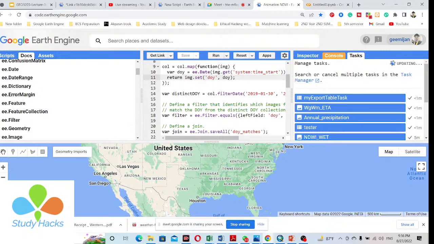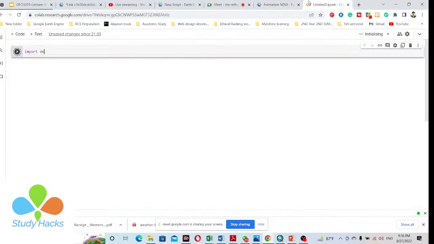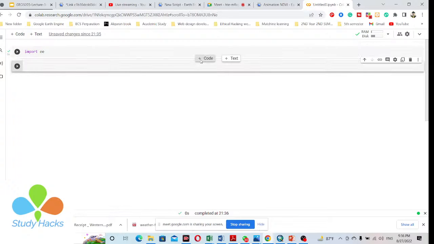When you want to learn all of the things about the docs tab or documentation functions of Earth Engine, then you can easily move to Python and work with Python for different types of deep learning and machine learning using the Google Earth Engine platform. So I simply import this, as well as I also import